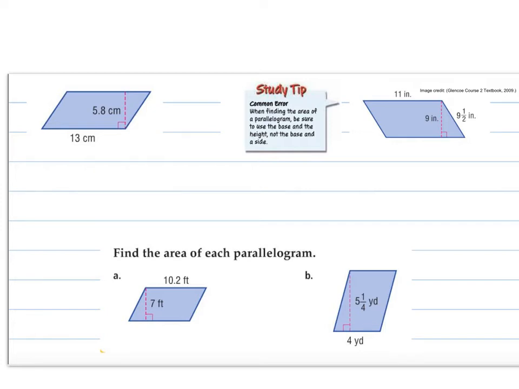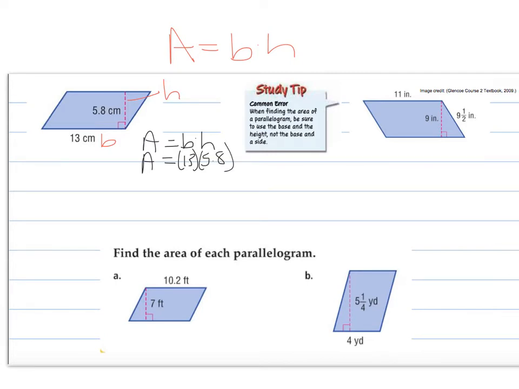So I always first determine what my parts are. I know that my formula for parallelogram is area equals base times height. So to find the area, I need to know my height and my base. What I do is I always write my formula out, and then I plug in for what I know. So my area is my base, which is 13, times my height, which is 5 8/10. Then I multiply those together,